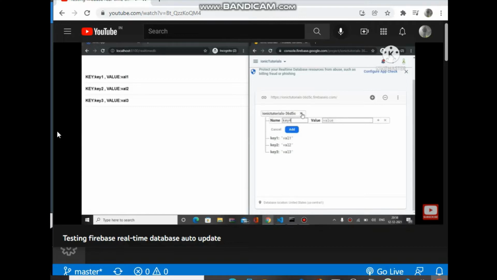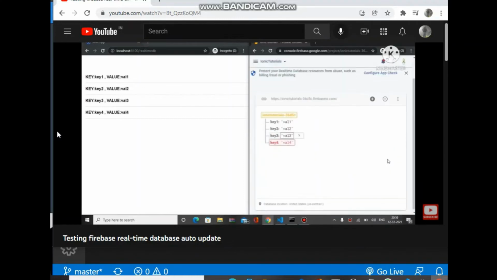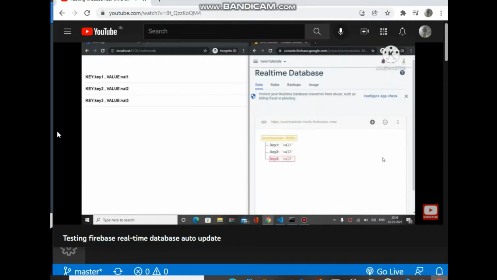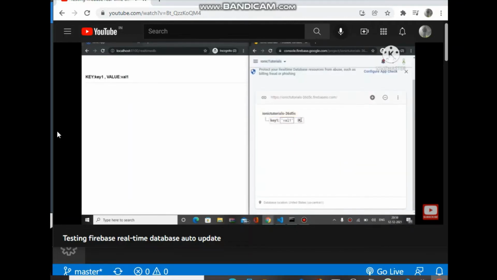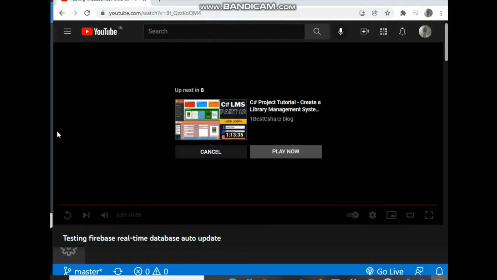So let's check how this is happening. So as you can see, I'm deleting the values data and it's automatically updated on the page. So this is the magic of Firebase real-time database.